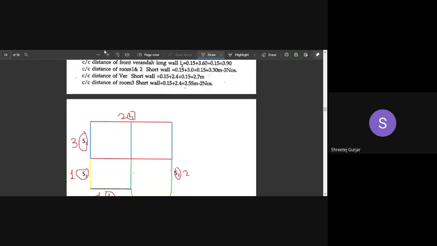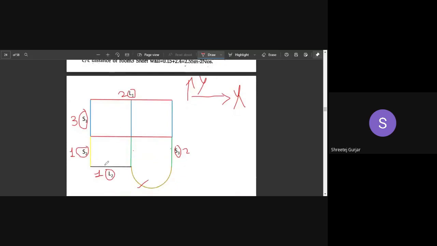Hello, sir. Yes, Aziz. Sir, in the last example, you told that the long wall should be on the y-axis, but here we have taken the x-axis. Because you can observe these walls are longer in length compared to these walls, it may vary. You may take the y-axis or the x-axis, but whichever axis you take, you have to continue it in that axis. So we have continued this in the x-axis. All the walls in the x-axis we have taken as long walls, and all the walls in the y-axis we have taken as short walls. You may take it as opposite also.